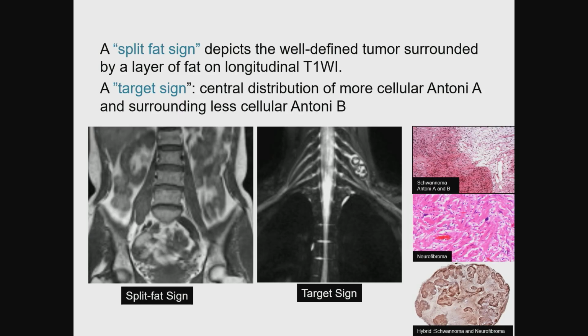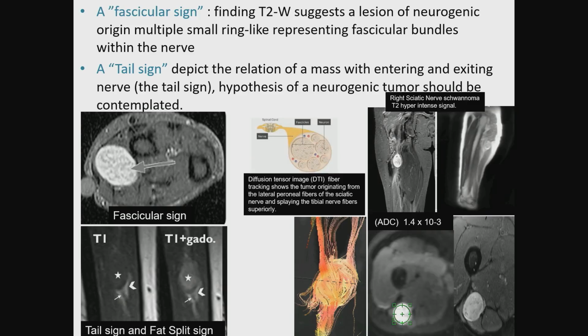So here is the example of the split fat sign, the target sign on the left-hand side, where you can appreciate the correlation between the pathology and the imaging features. You can see also the fascicular signs that in T2 will really show the fascicular structure of the nerve, and then the tail sign with the relationship between the mass and